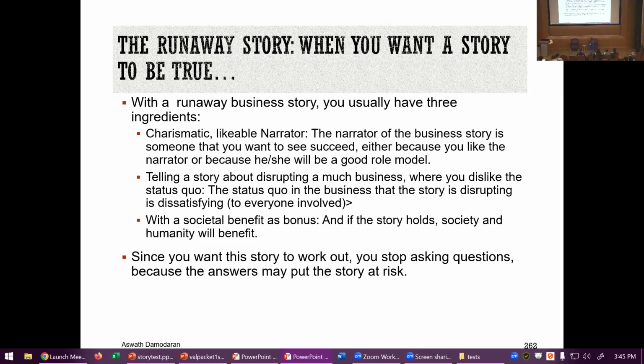I'll tell you a story. You tell me whether you want this story to be true. It's about a 19-year-old who drops out of Stanford. Who does that? You know how difficult it is to get in there? The admission rate was about 3%. Unless you're, of course, a rhythmic gymnast who came in through the side door, but that's a different story. Who drops out? So this 19-year-old drops out of Stanford to start a new business.